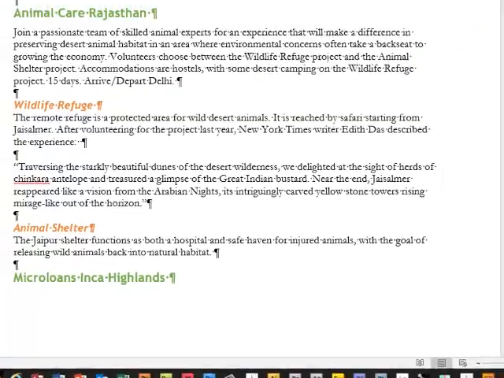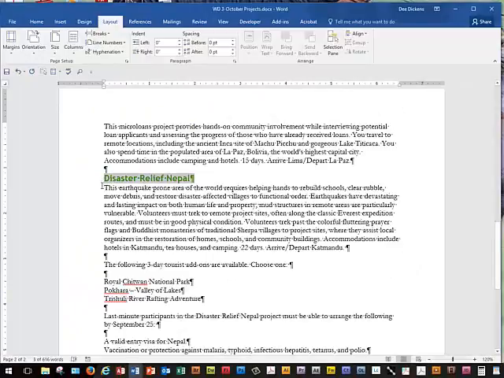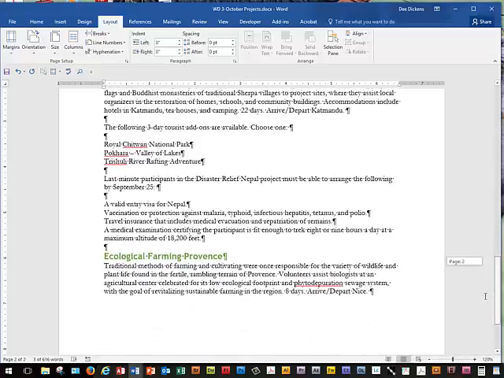Okay, next we want to come back and select Disaster Relief Nepal and hold our Control key down and select ecological. Let me just, there we go. I want to make sure I only had the ecological farming province heading selected. And with that, we're going to press the F4 key. So you notice it did not make that setting change. So we want to make sure we repeat